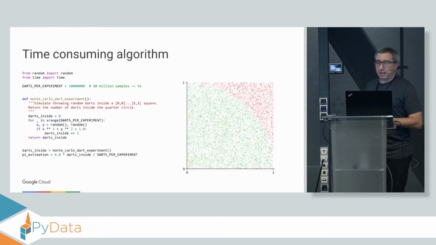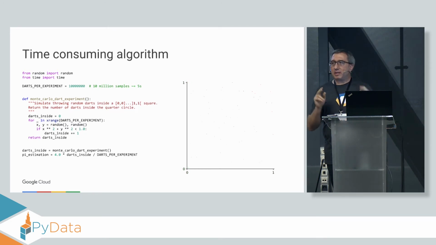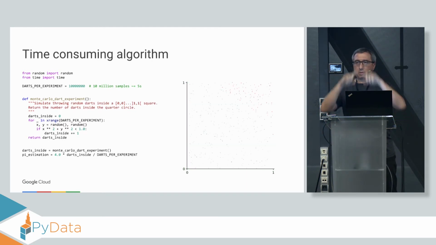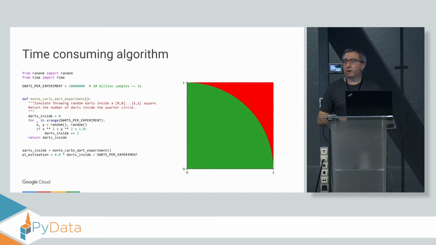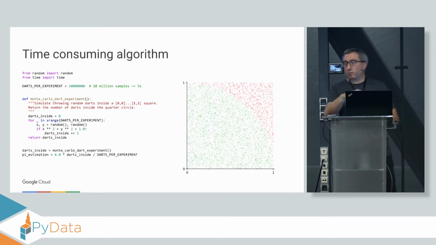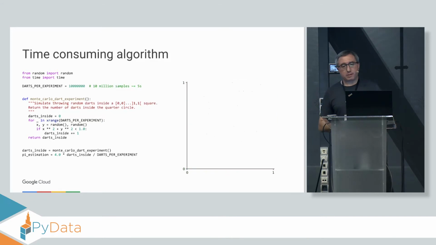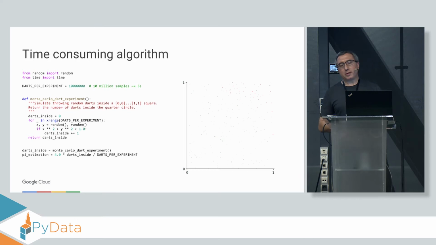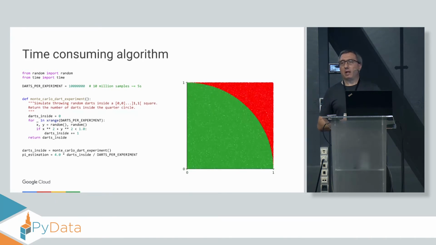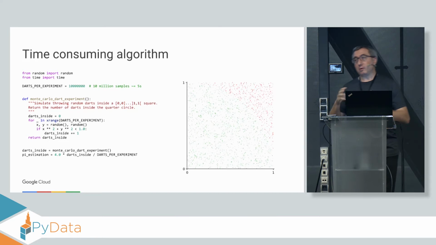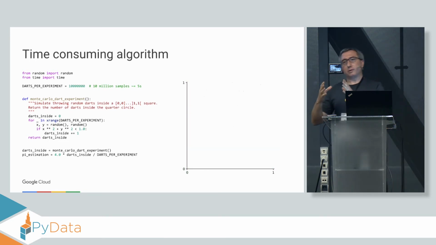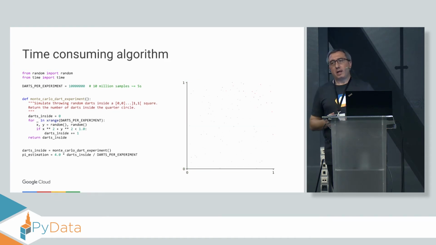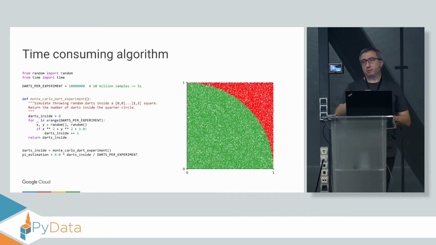You can read the code. This is a mathematical statistical experiment. You take darts, many darts. You have a square. You draw a circle within the square. It works with a quarter of a circle too. It's the same. You throw the darts randomly, and you keep the darts. You count the darts that are within the circle. If you throw many darts, you are going to go closer and closer to estimating the surfaces of the circle and the square. And the ratio between the two is pi over